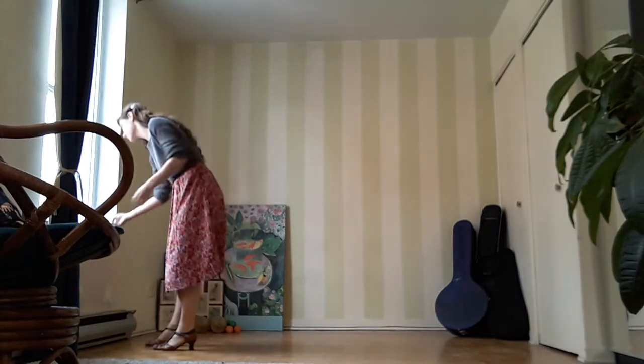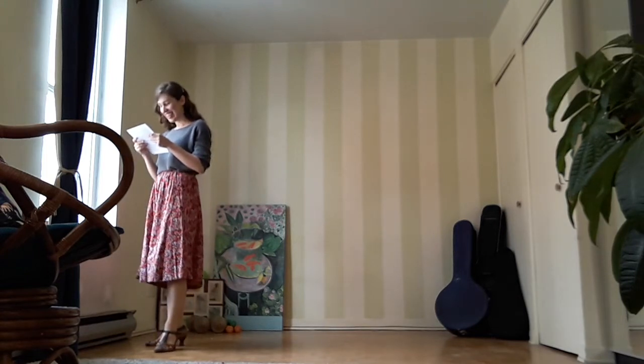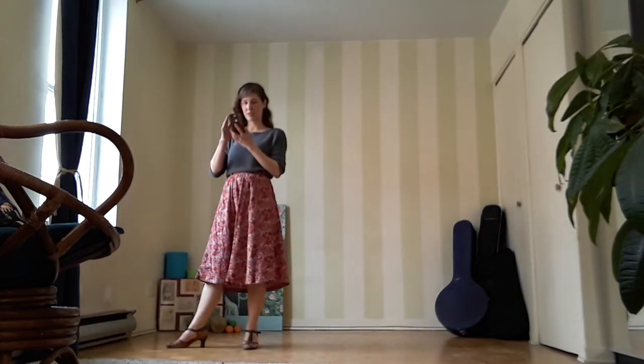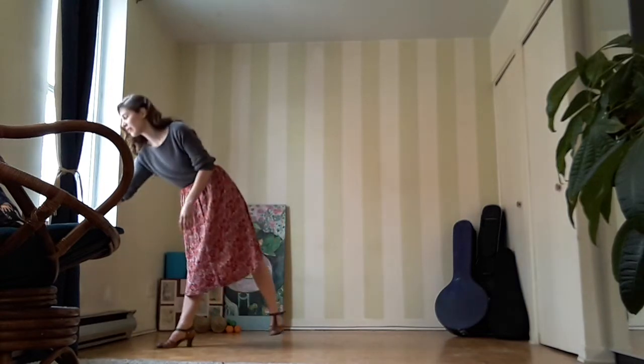Alright, so let's do this with some music. The song I have for this exercise today is Rhythm Hitch, and it is by Jonathan Stout. Let's get to it. Rhythm Hitch. Alright,